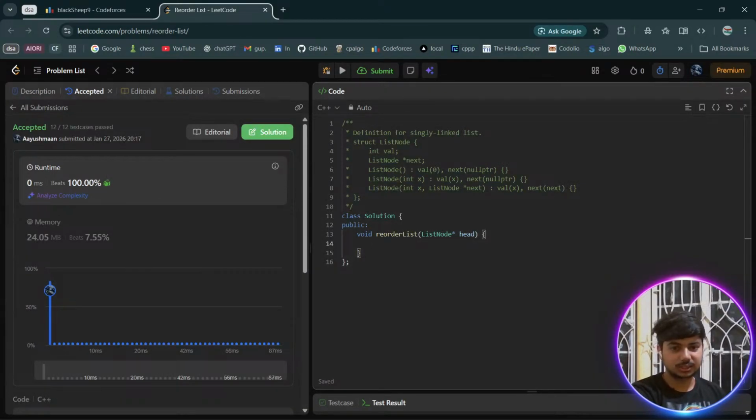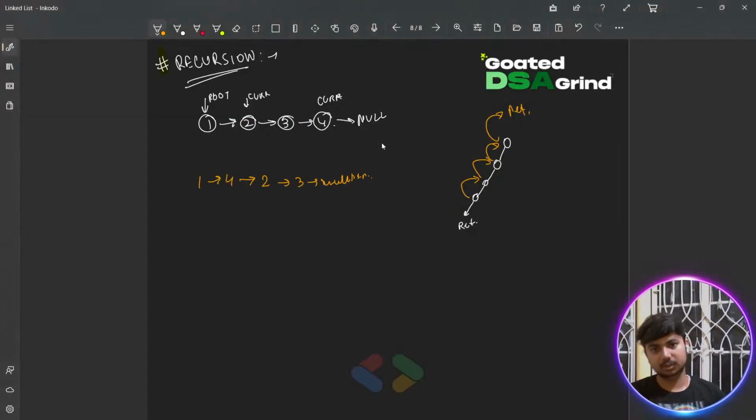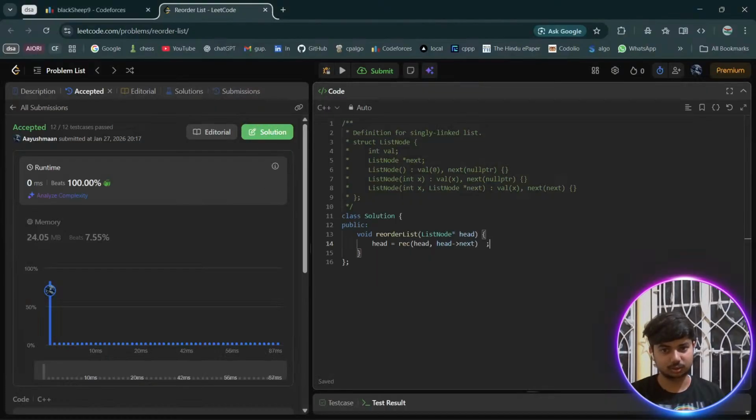So this is the last thing that we are gonna do for today, and the rest of the questions will be discussed in the next classes. So you just have to see what I am currently doing. I'll call a function that is rec with head and head ka next. Why these? Because as I told you, we'll have root and current at the next position. So head is this and current is this, right? So ये भेजा और इसको हेड पे रिकॉर्ड किया, ठीक है, ये फाइनल वैल्यू जो हमारा मिलेगा वो होगा, ओके।